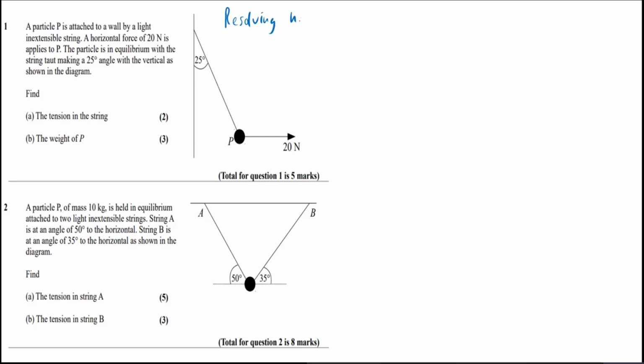Okay, so let us start by resolving horizontally. So we have something going 20 newtons this way, and the key is, because it says it's in equilibrium, that means the horizontal force going this way must equal 20 newtons. So if tension is acting like this, what would that be? That's the opposite, right? What angles here? That's the tension. So this is going to be T sine 25,